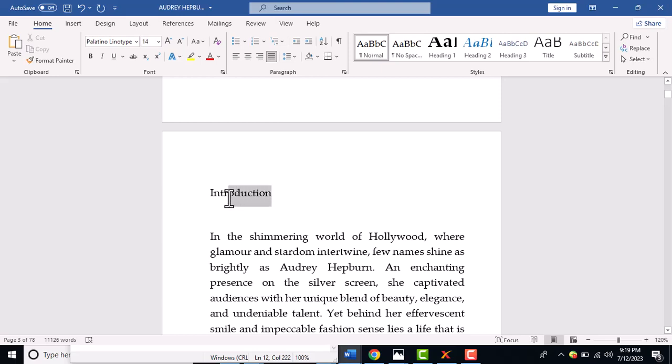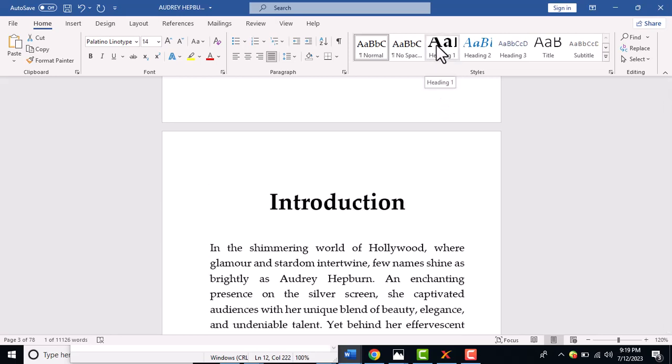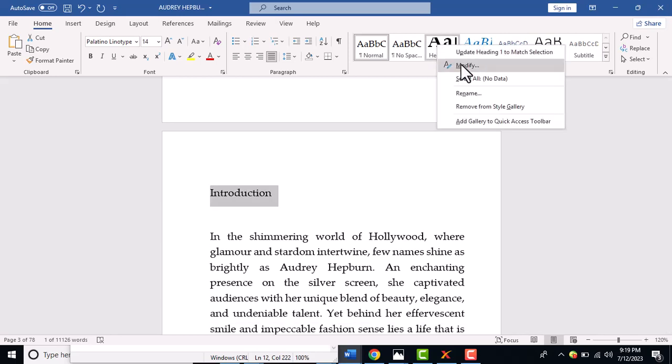Before we start our formatting, just highlight the introduction. Then we want to make introduction to be headline 1. Come to this place, see this place, right click on it, click on modify,